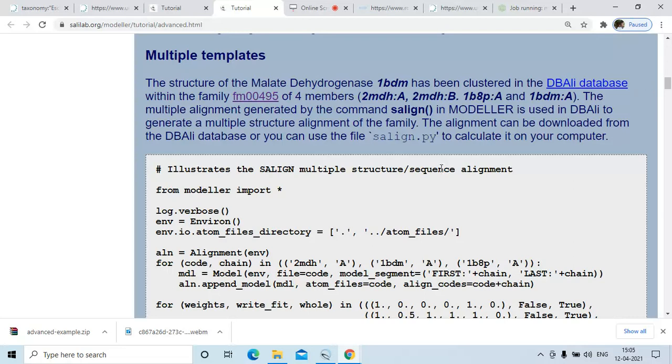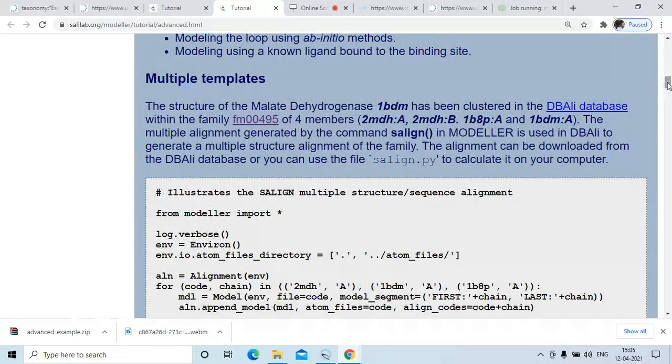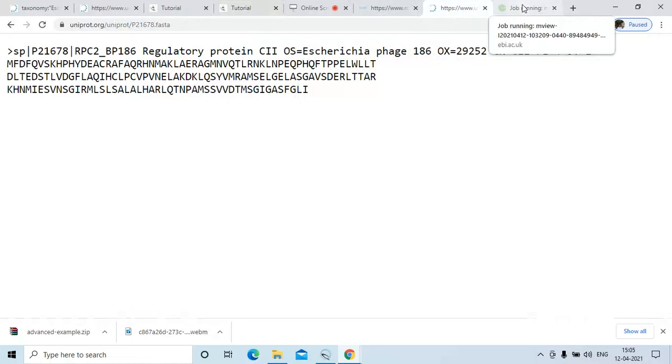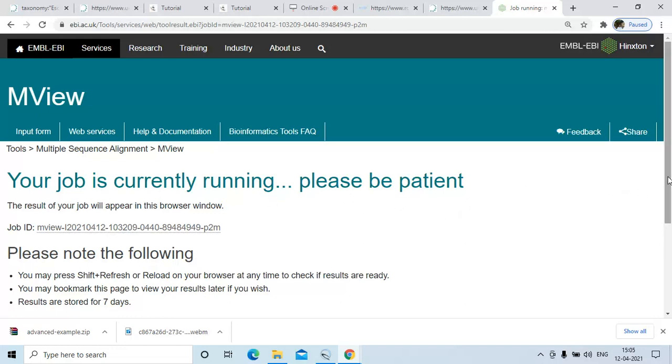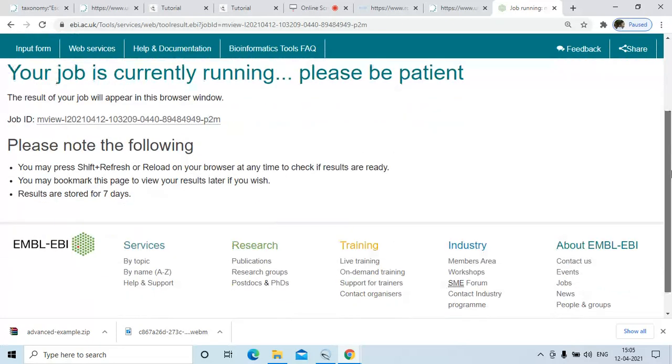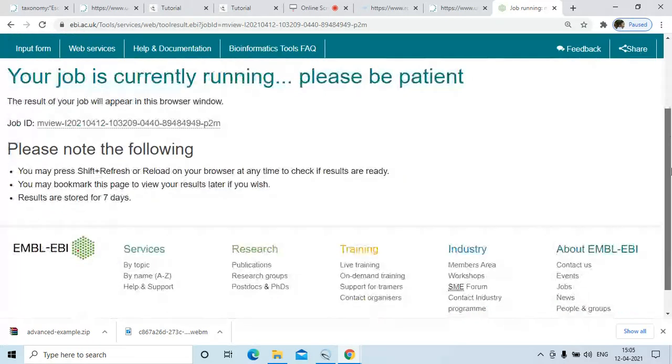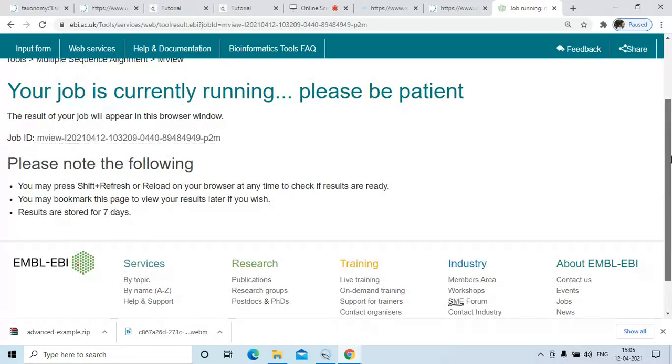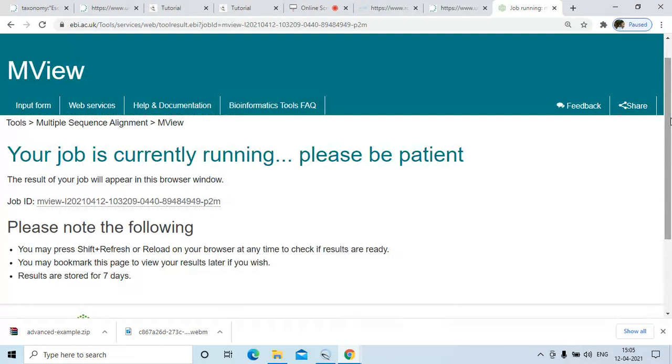Before doing that, let us judge whether our protein sequence contains multiple templates or not. So how will we judge that? The job for multiple sequence alignment is still running. Of course, in the T-Coffee result we saw that the sequence had multiple templates, because there were many templates, as we can see, 12 templates were there.